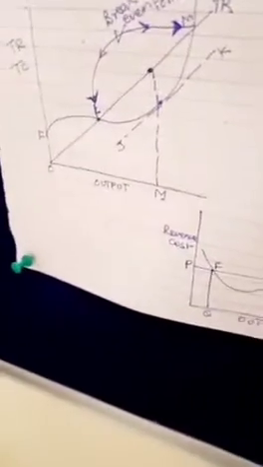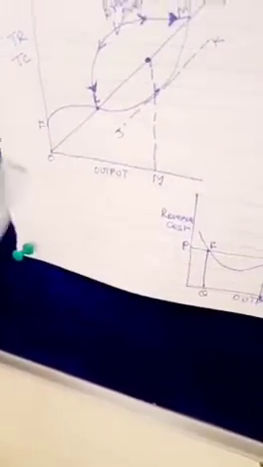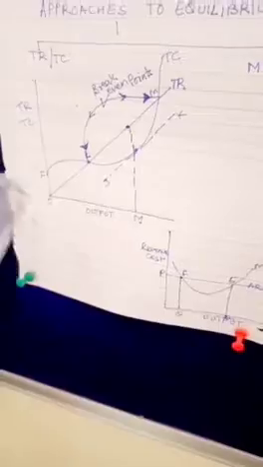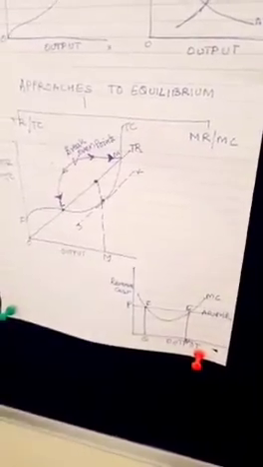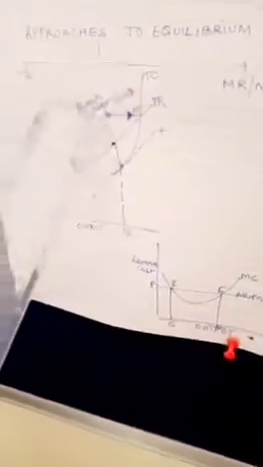Clear? So in this figure, besides the optimum output, we can also show the break-even points, which are L and M. L and M are break-even points because at these points TR is equal to TC. That is, there is no loss, no profit. That's why it is a break-even point.